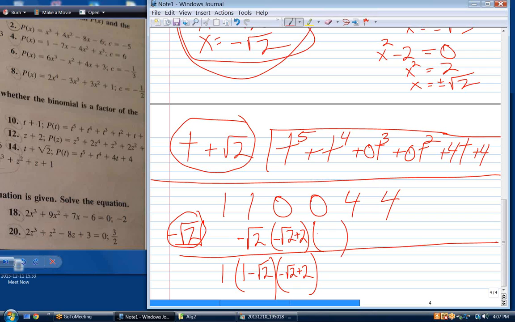And then, you get a 2 from the regular 2, plus 2 times this negative 2, which is negative root 2. Like that. Okay, and we add that to 0, we get,